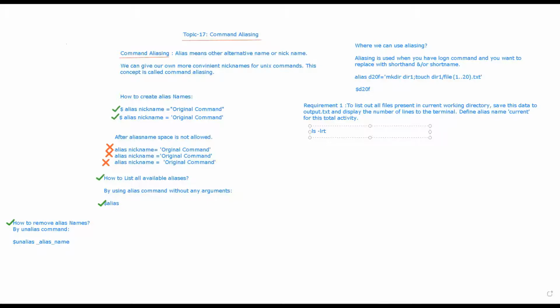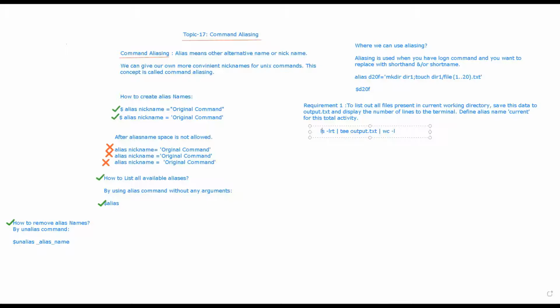So I can say ls -lrt, use the tee command, output.txt, and I'm counting the lines.